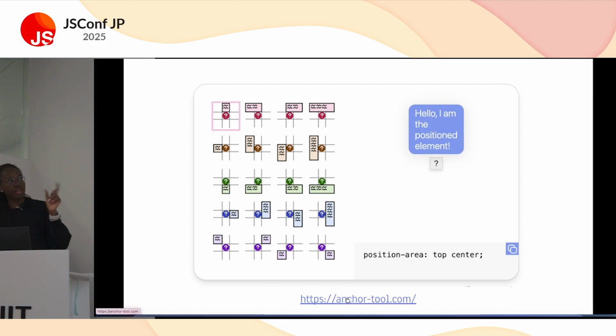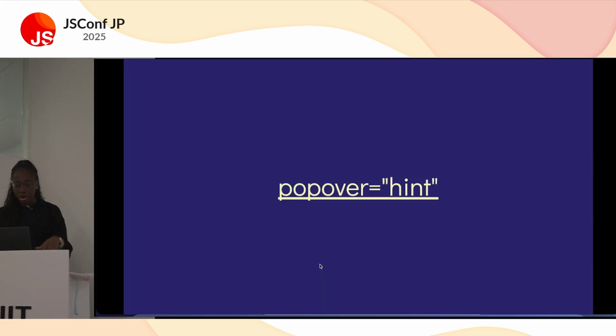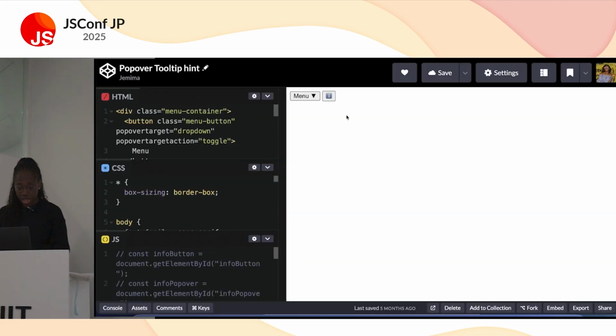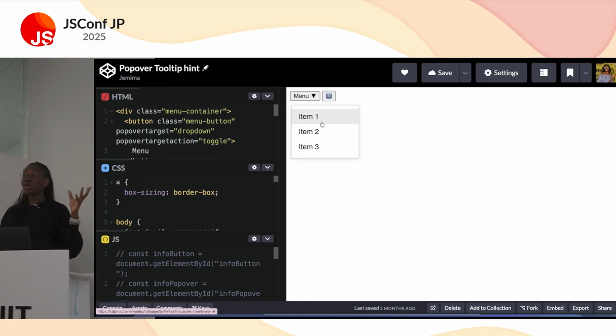It's anchor-tool.com, so it just shows you all the different properties that anchor positioning can use. Popover hints is another really good one that I want to cover real quick. One thing, when I said that with popovers you can have a popover as a menu, one thing that can cause a breaking feature with this is if I have something else on the page that's